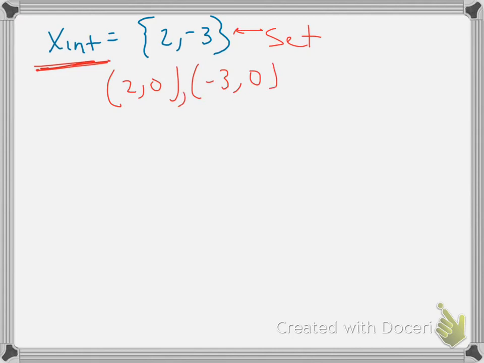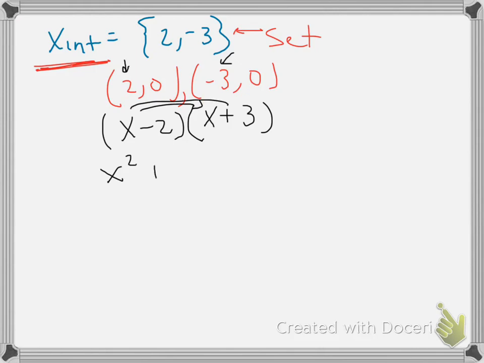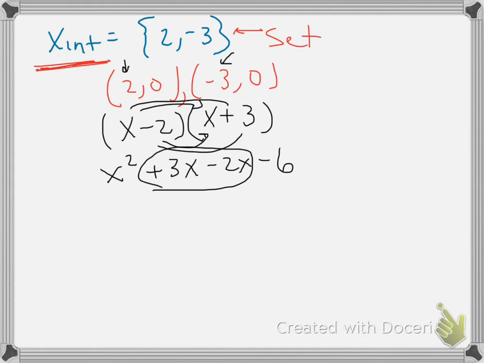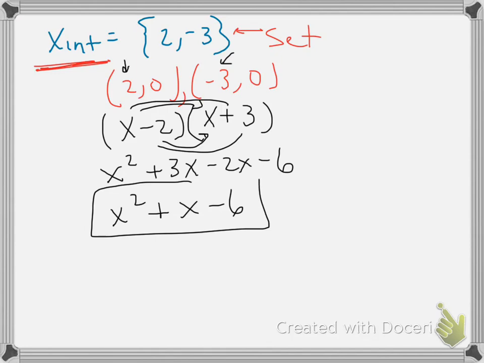If I want to create the factors of them, I want to do the opposite. So the opposite of +2 is going to be -2. The opposite of -3 is going to be +3. And now we do the distributive property again. x times x is x squared. x times +3 is +3x. Negative 2 times x is negative 2x. Negative 2 times 3 is negative 6. We always combine the middle terms. So +3x minus 2x is going to give us 1x. So our answer here is x squared plus x minus 6. So there is our quadratic equation